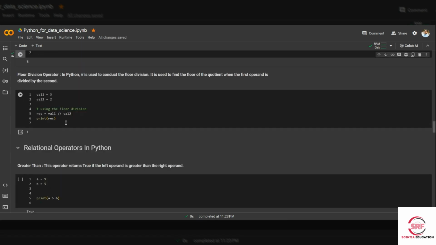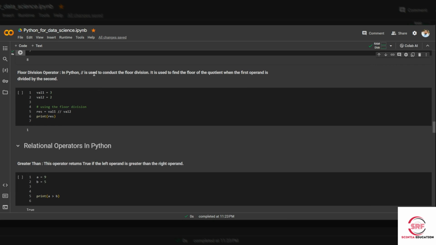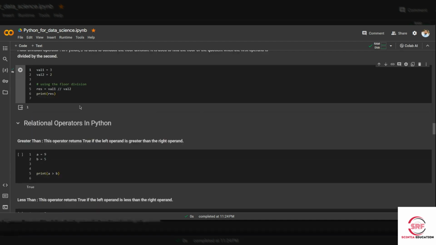Then the floor division operator in Python: the double slash sign is used to conduct floor division. It is used to find the floor of the quotient when the first operand is divided by the second. Here we take value 1 and value 2, and if we use the floor division operator, it gives us 1. So in this tutorial